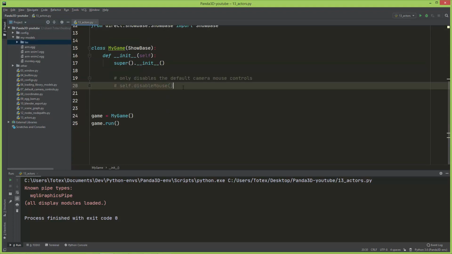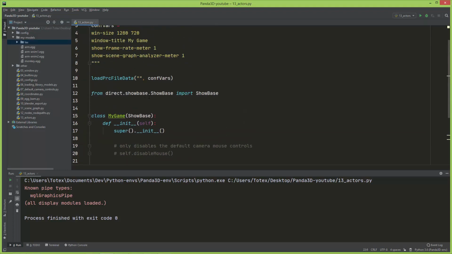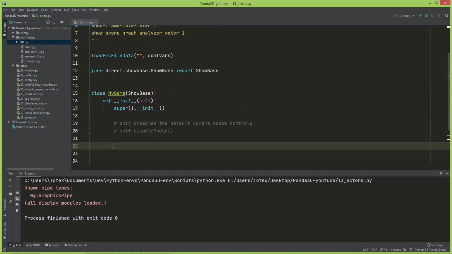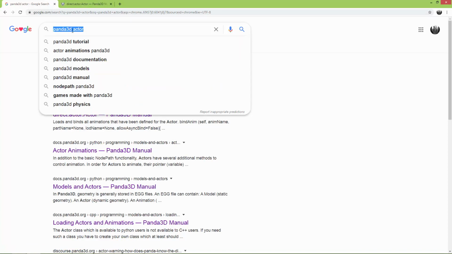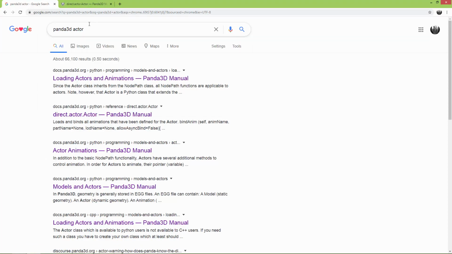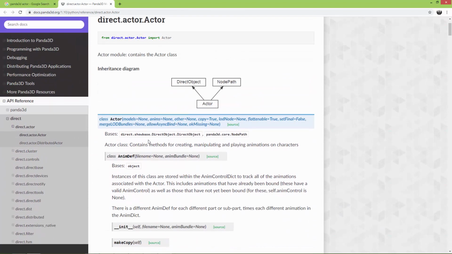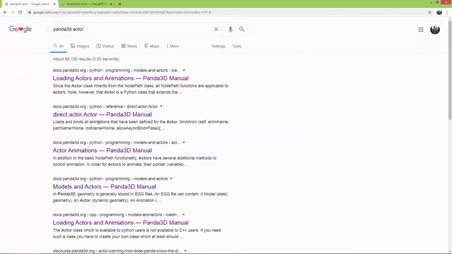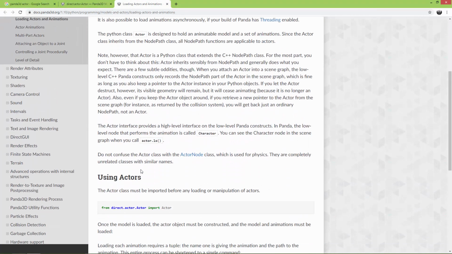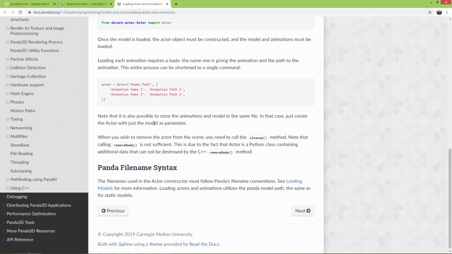Now let's load this file, but to actually use the Actor class, I'm going here to the browser. You can search for Panda3D actor and you will find some interesting information. The Actor inherits from NodePath, and it also inherits from DirectObject. And if you open up this first link, you will find how to load